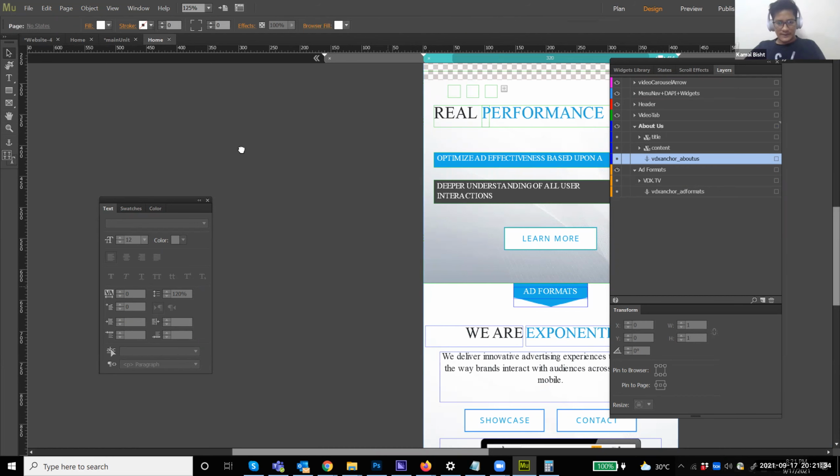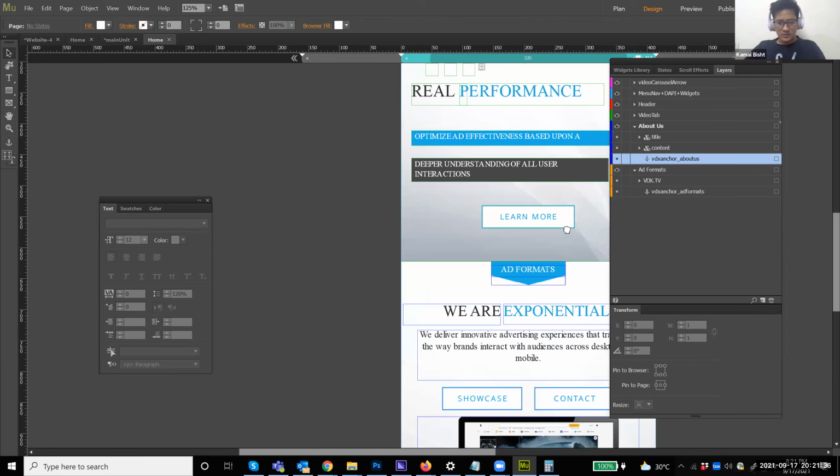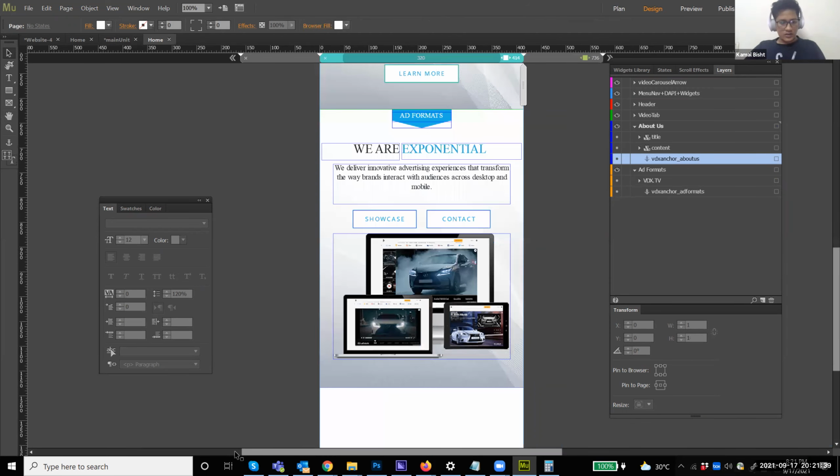So what we have to do here, I'll just remove one card. Now we have to just